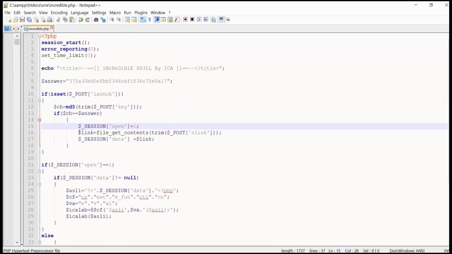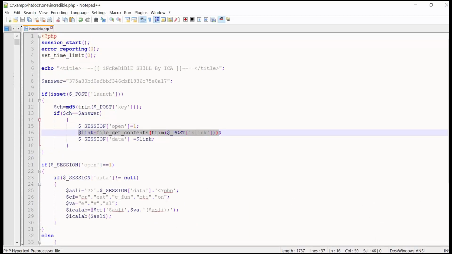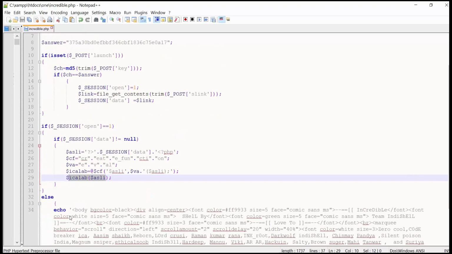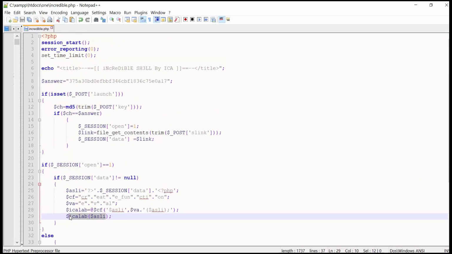So here you can see this is the code. We can load the content of the remote shell in a session variable, and we just add this web shell content with some data, and then we call the create function, and using the create function we call eval, and to the eval function we pass the web shell code.